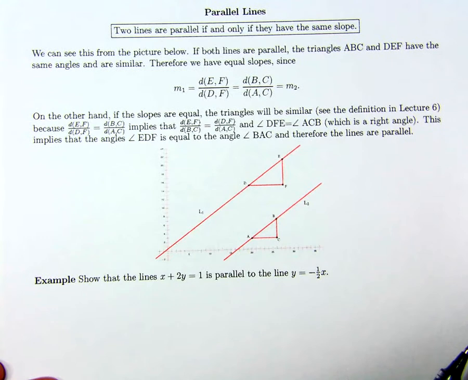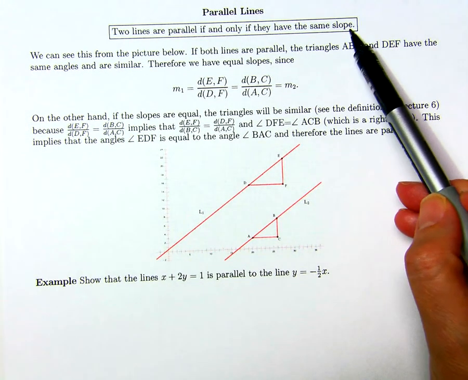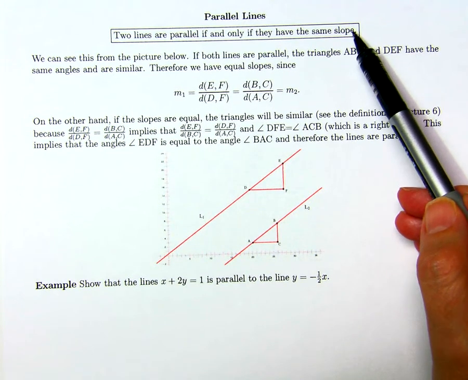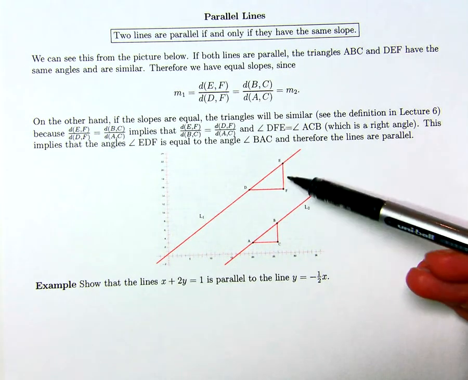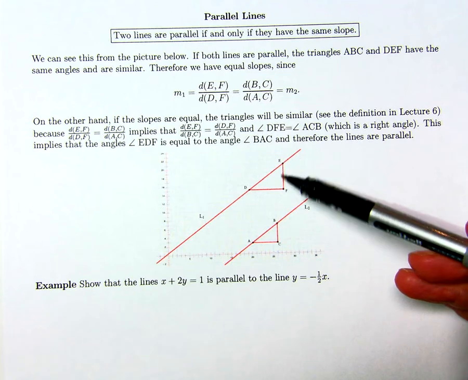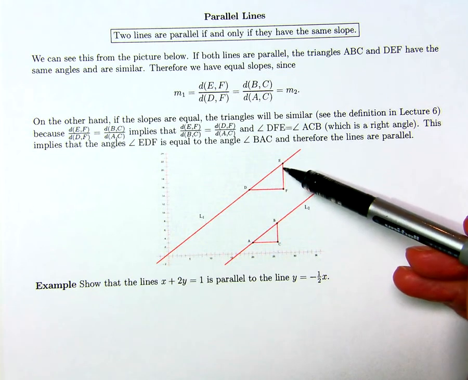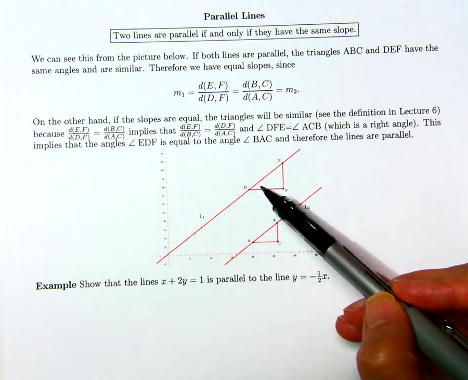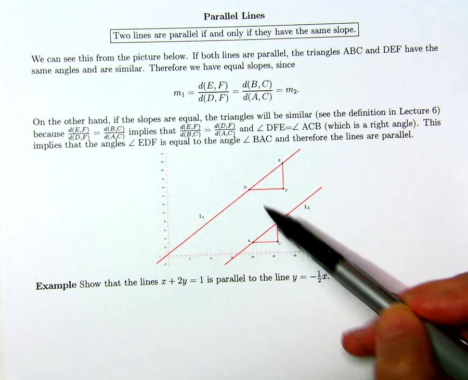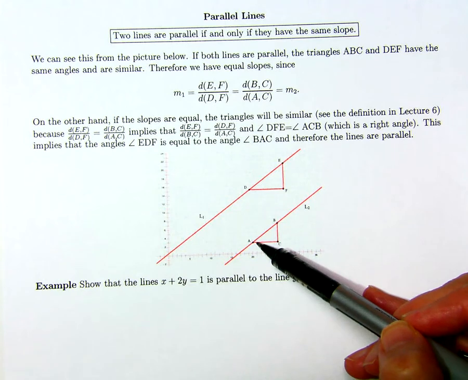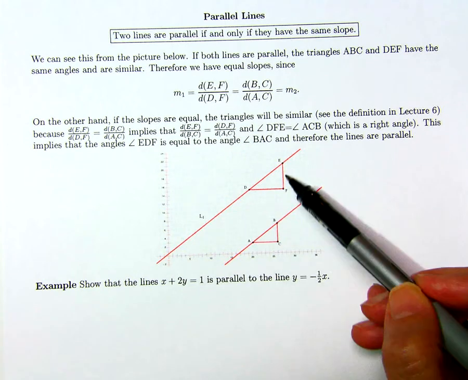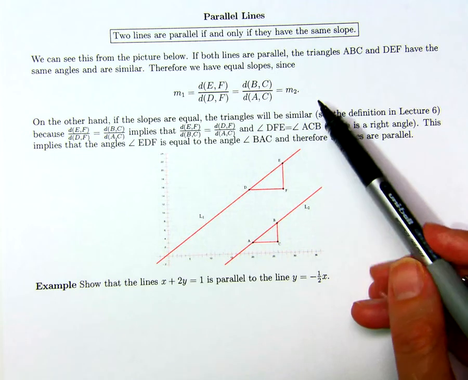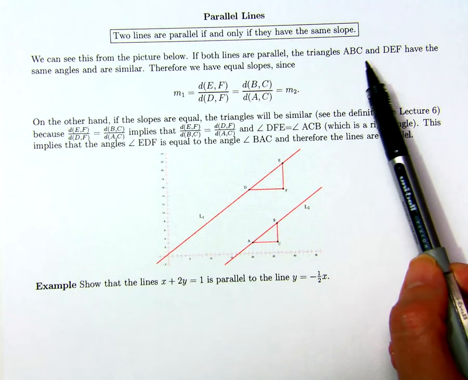When two lines are parallel, they have the same slope, and vice versa. If two lines are parallel, then these two triangles should be similar, because the angle here should be equal to the angle here, and this angle should be equal to this angle. So if they're parallel, they should have equal slopes,